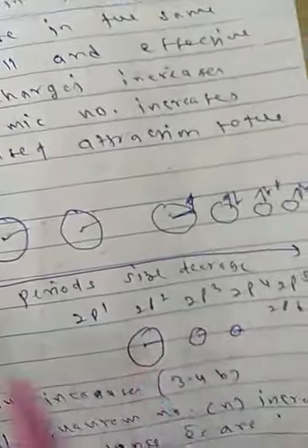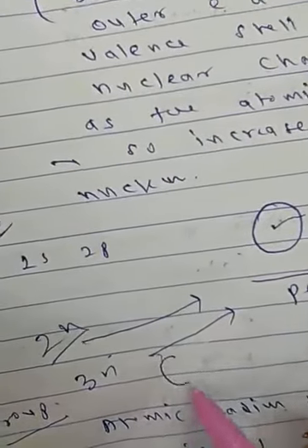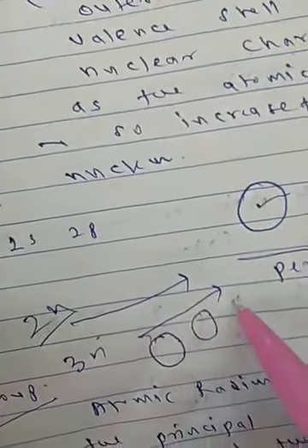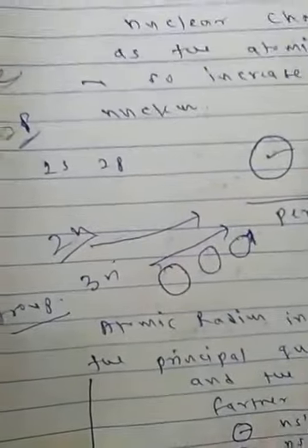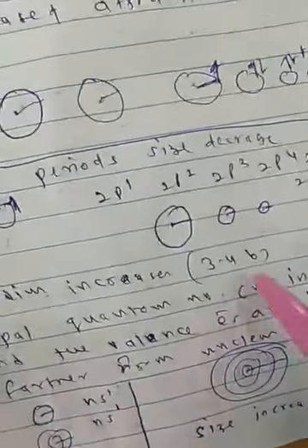In the same period, if I am explaining n=2 and then you go to n=3, that is 3s and 3p, the size decreases, because here it is big, here it is biggest, but the load increases. 1, 2, 3, 4 more electrons are added, so the size decreases. So the atomic radius also decreases. Now we are explaining about the group. In the group, the atomic radius increases, Figure 3.4b.